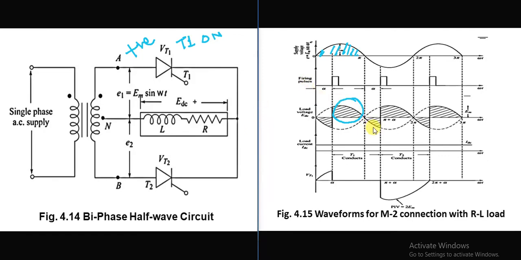Now, why are we getting this half waving? This is called half waving, meaning the SCR is conducting during the negative half cycle also because of this inductive load, because of the voltage across this inductor. During the positive half cycle, the SCR T2 is off, hence it is acting as an off switch. The direction of current flow is from here, like this.